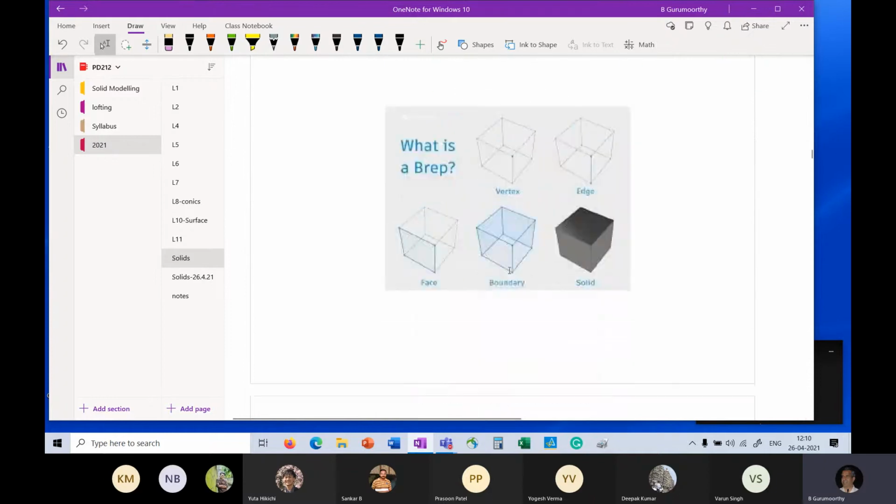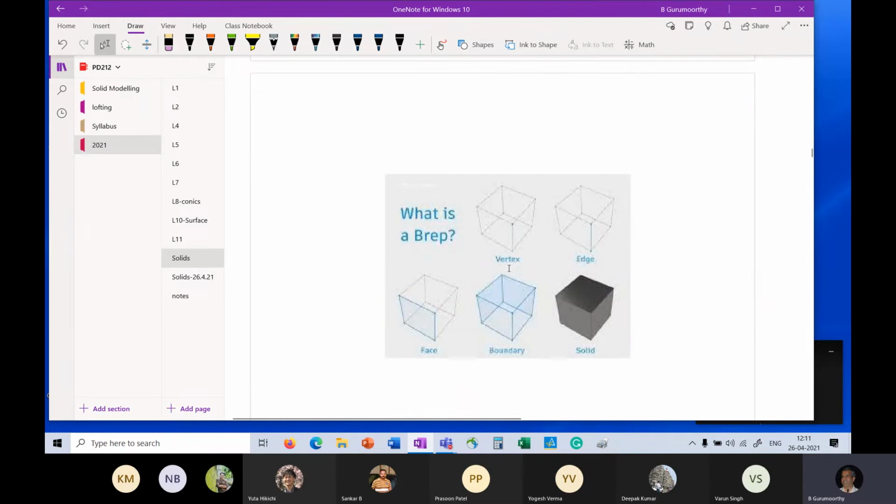Okay. No, I don't have that. So let me make do with this picture then, right? So I have my boundary representation in terms of these entities that I have just defined. Vertex, which is the boundary of an edge which constitutes a boundary of a face, and the face itself, which constitutes the boundary of the solid, and that's what we are interested in, right?